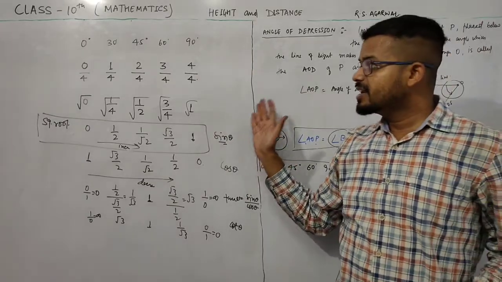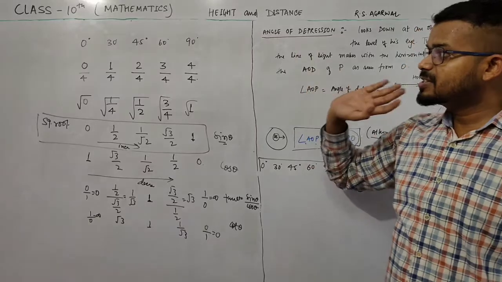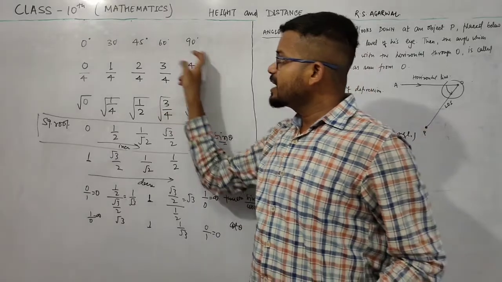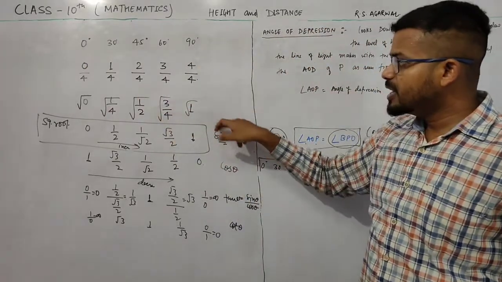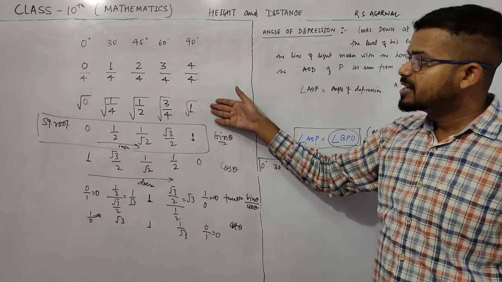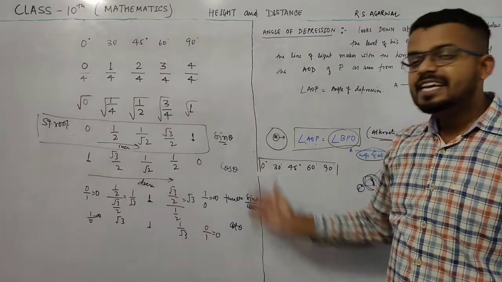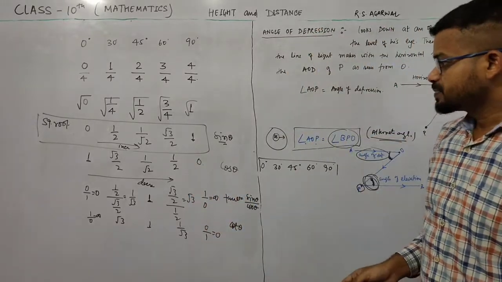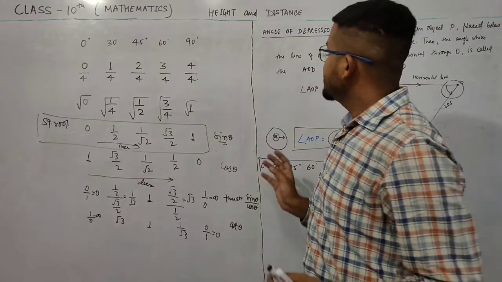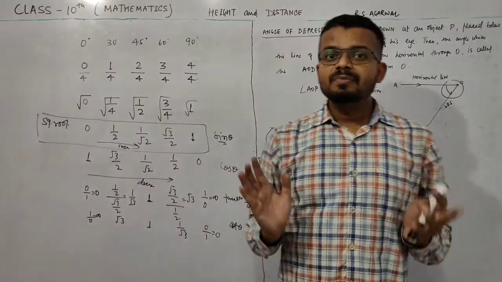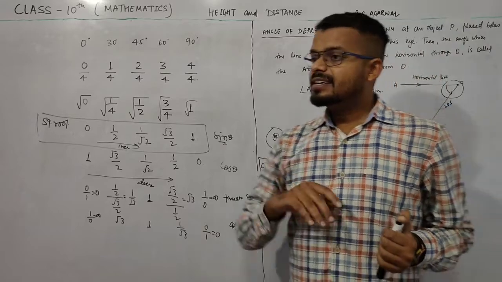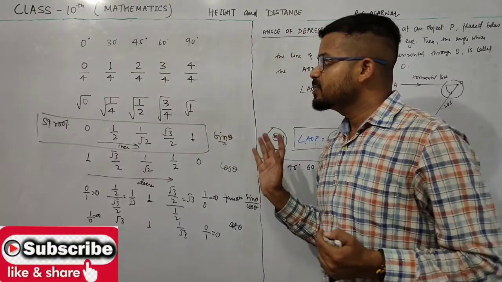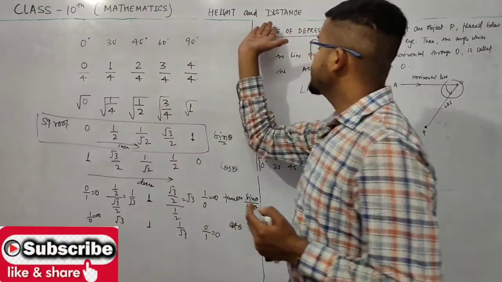Okay, this is the method. If you do not understand this method, just pause this video, go backward and watch again how I do this and how I get all these values. So you can easily get all these values and you need not learn them by heart. I think this is a very long video, so I will take a pause here, and in the next class we will do some exercise problems, or some examples related to this chapter.